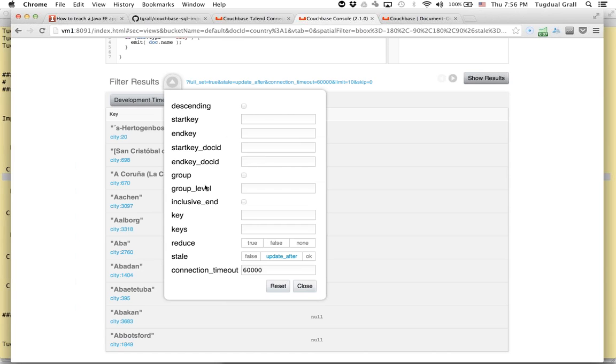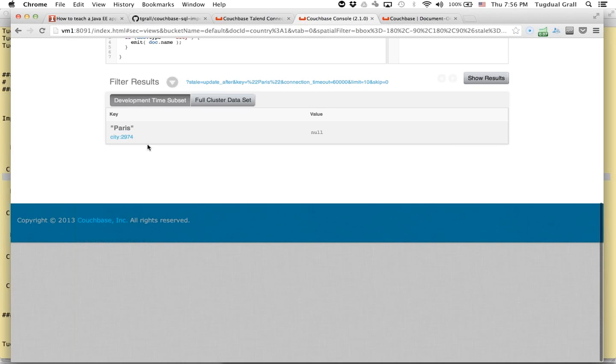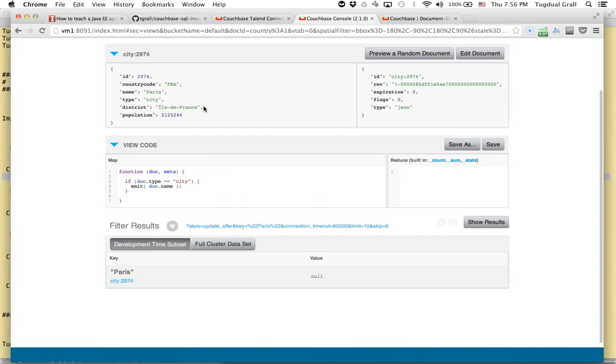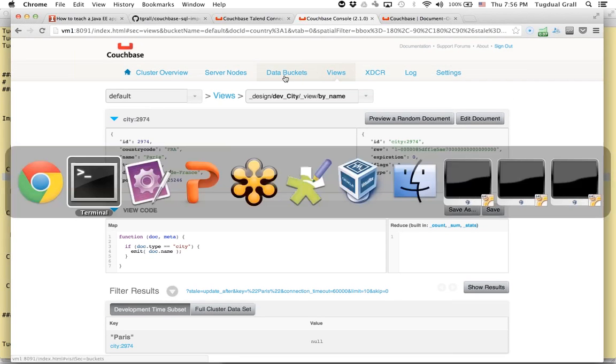If I execute the query, I will see all the data. Now I can execute on full data on my cluster. But let's say, for example, I want to see only Paris. As you can guess from my accent, I am from France, so I will show you Paris as a result. So I see Paris, and if I click here, I will see the city itself. So what I have done here, I migrated all the data from MySQL in one single command line, and I have created some views. So one way will be to use this tool, but we also, as part of our